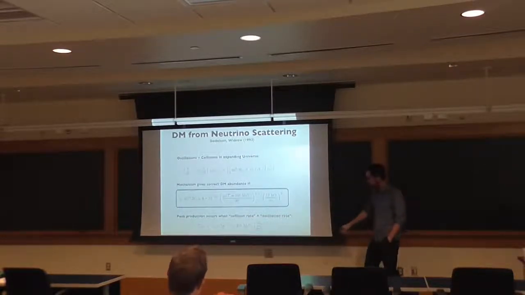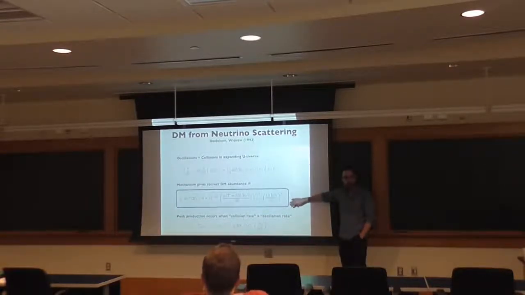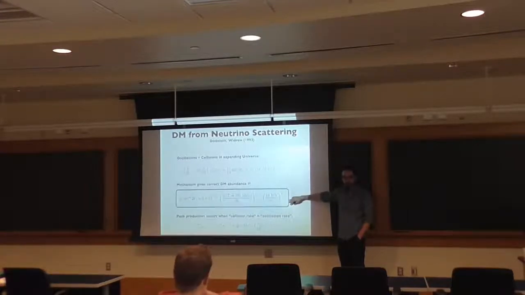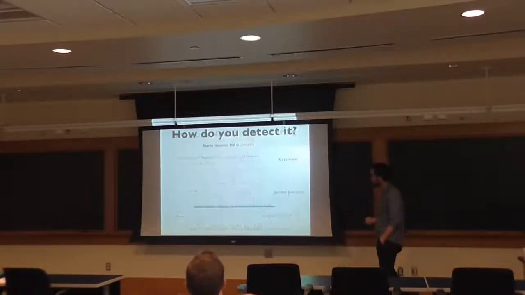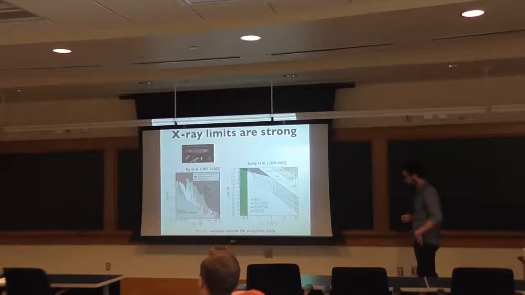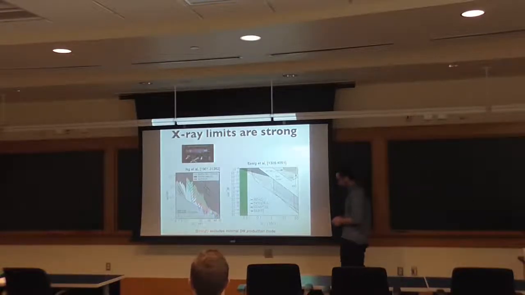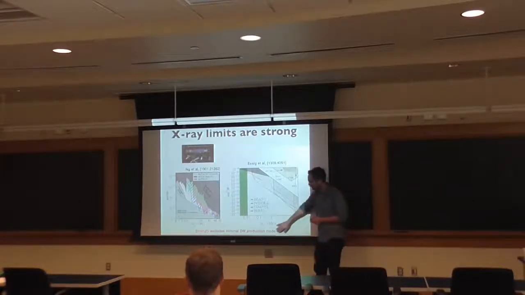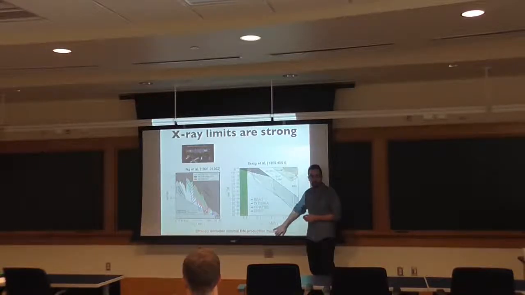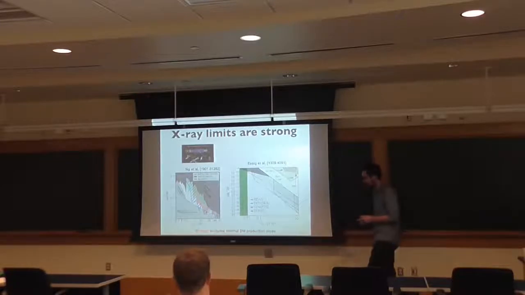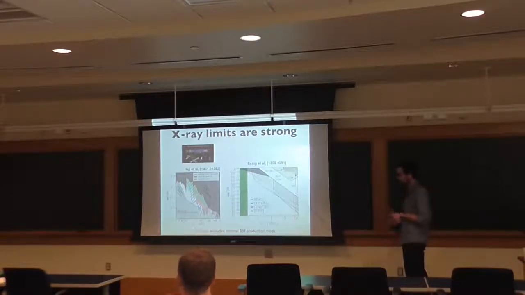Yeah, that's right. So basically, the way to think about it, this is the target for the X-ray astronomers to go and exclude. And it's been excluded by quite a lot. It's a very nice, minimal production mechanism for dark matter. It's also a model of dark matter potentially connected to neutrino masses. So I think it's worth thinking a little bit more about ways that it could still be allowed by